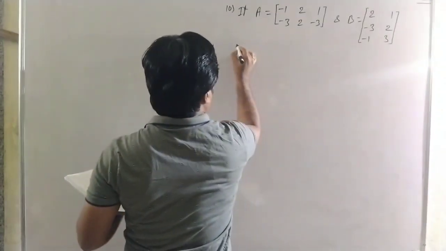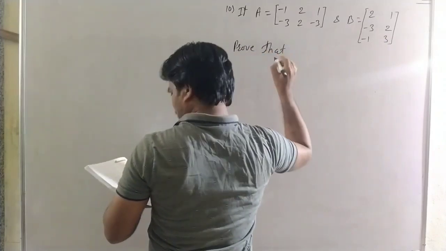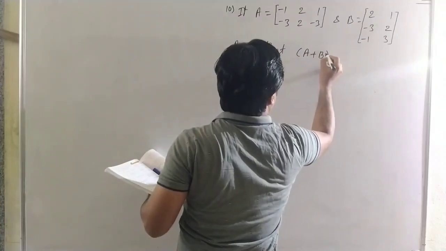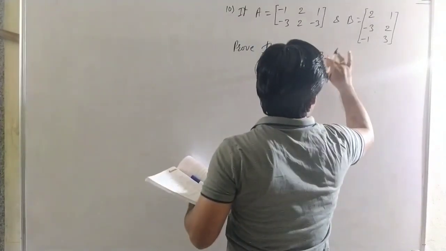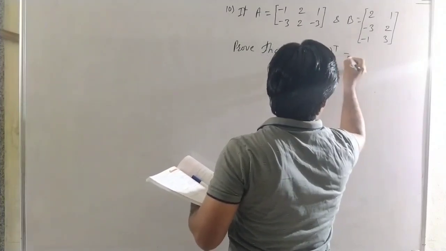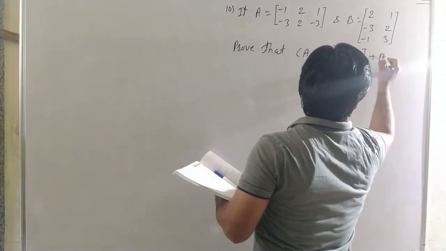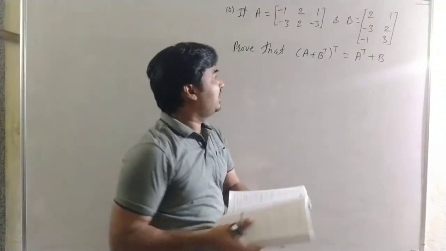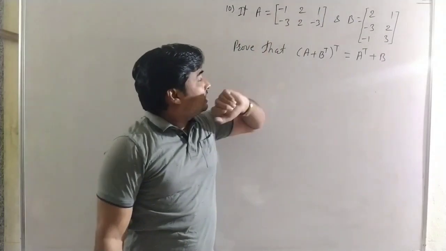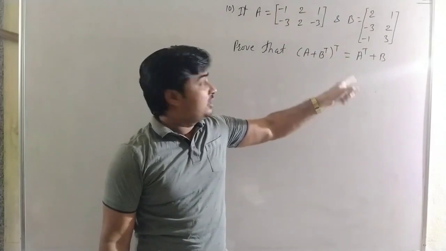Prove that (A plus B) transpose of transpose is equal to A transpose plus B. Okay, here the notation for the transpose we can write T or a dash. Given the two matrices A and B, we have to prove (A plus B) transpose of transpose is equal to